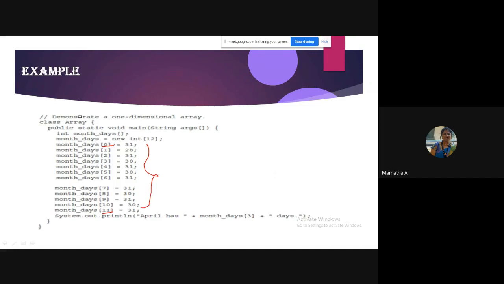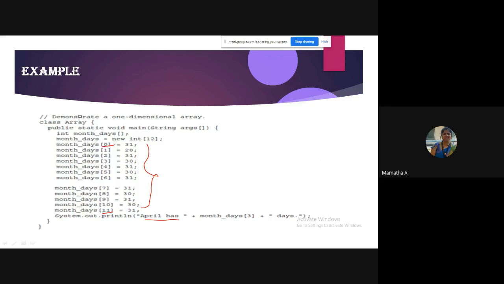I am printing, as I told you, month_days, which is nothing but the number of days in the month, for the 12 months. If I want to know how many days are present in April, which index should I access?